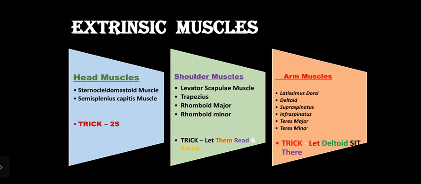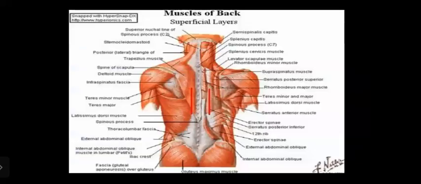To learn the arm muscles, we have the trick: let deltoid sit there. So we are saying deltoid to sit there. This diagram is from our most favorite book, Netter's. Here we can label all the muscles which we have studied previously, starting with the right, that is